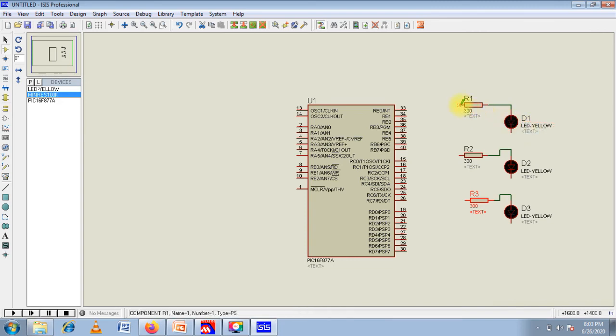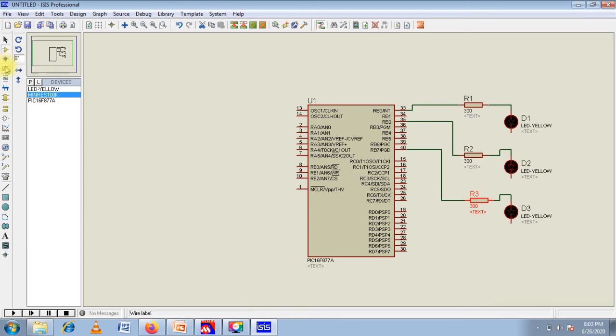So we chose R1, it will be connected to R0. Then it will be connected to R2. It will be connected to R7. Then all the remaining three ends will be connected to the ground.